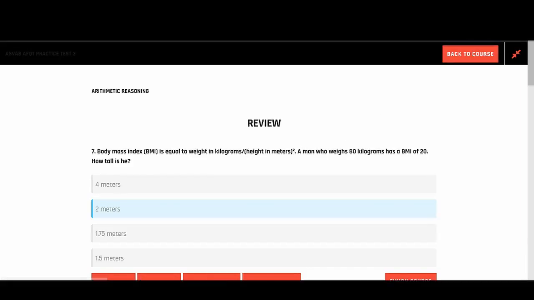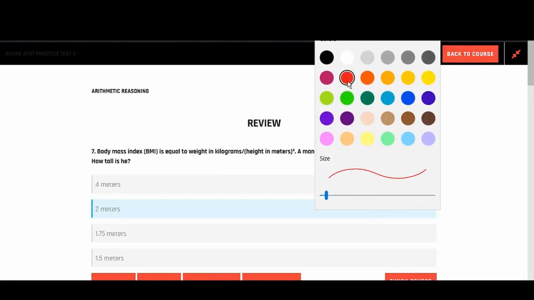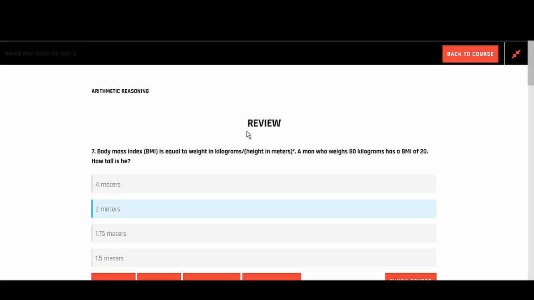Okay, number 7. Body mass index, BMI, is equal to weight in kilograms over height in meters squared. A man who weighs 80 kilograms has a BMI of 20. How tall is he? So they did not give you the formula per se. They wrote it out for you. In order to do this problem, you have to convert this to a formula, a mathematical formula that you can work with. So we're told BMI